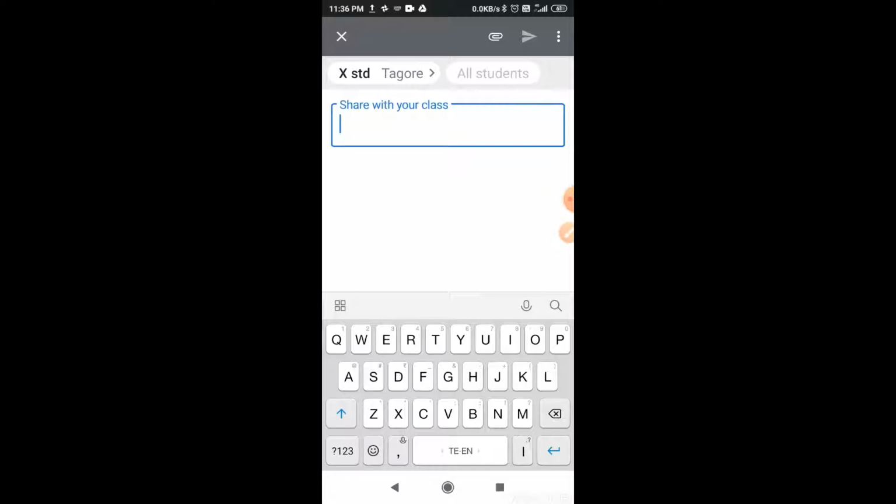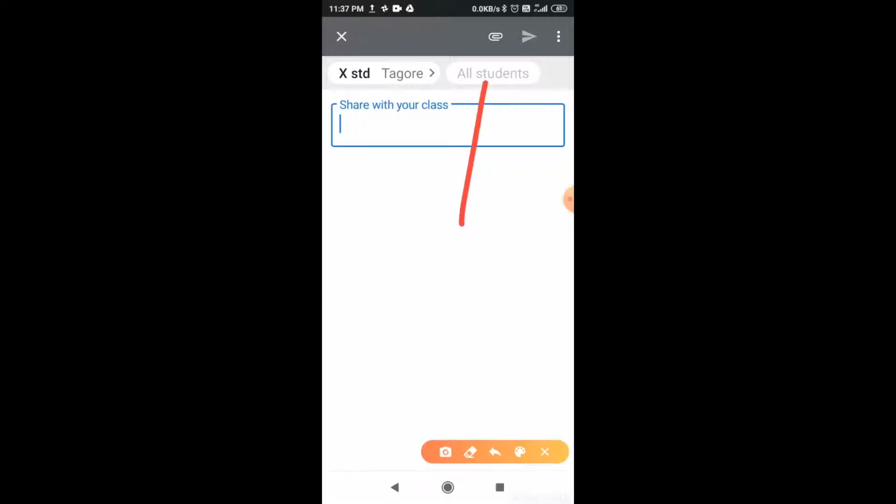The note should be short and sweet, and if you want to add some pictures, you use this attachment button. Don't ever give your assignments here. This is only to stream, that is announcements. If you have a photograph of timetable, you can post it here like that. Only announcements you have to make through stream.